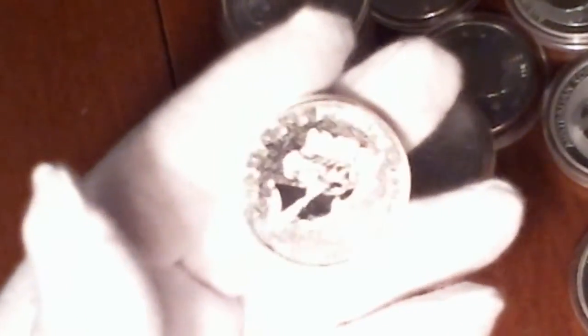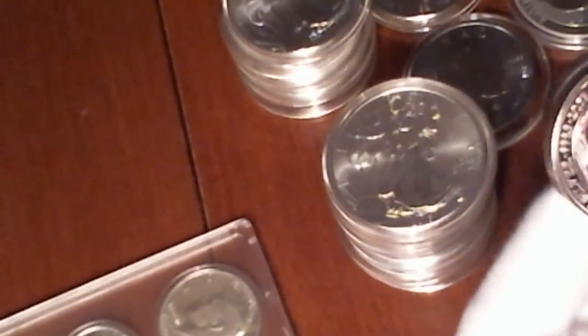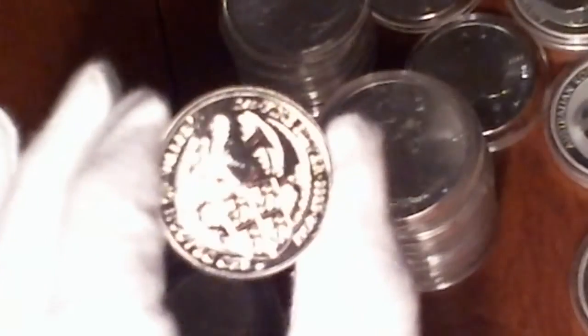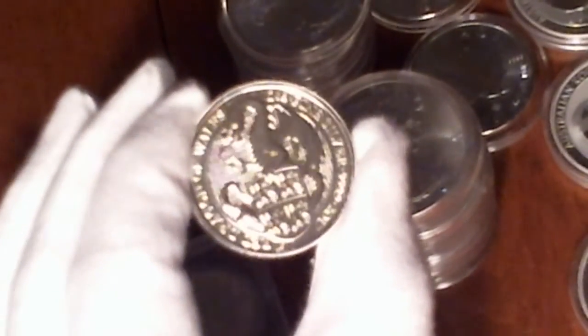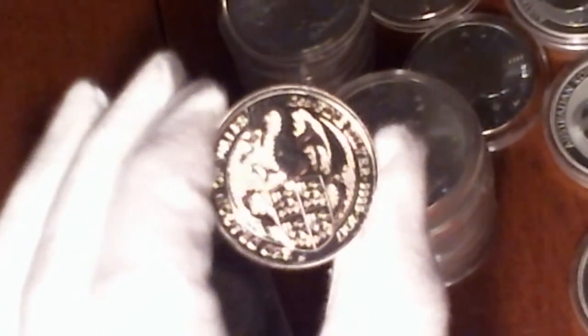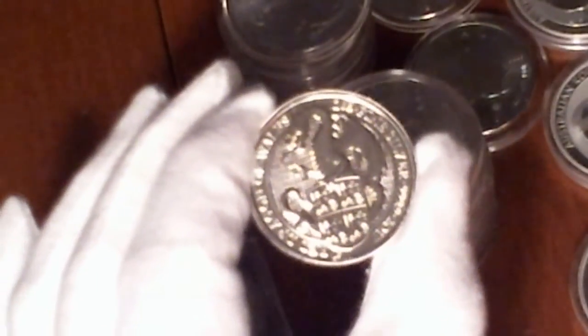I don't want to lose focus. But there you can see, of course, the Queen. Beautiful, shiny, brilliant, shiny coin. 5-pound British coin. And, of course, on the back we have this image of the dragon. Beautiful, beautiful coin. Now, one thing about this coin that I saw on another YouTube channel, and somebody was not